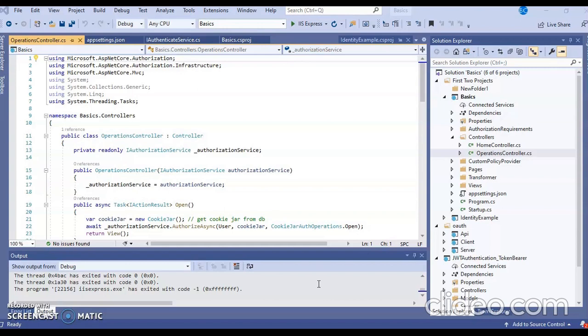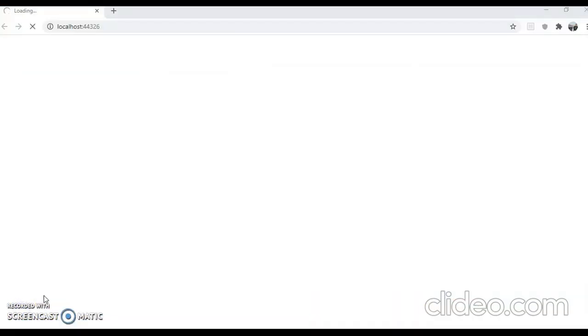So first, in the first part, we can see here on the screen that we have our code in place. First of all, we will run it. As we can see, there are no issues found here. As we run it, it opens Google Chrome where localhost is running. The output will be coming in a while. I just killed the previous running, and now I'm running the identity code.